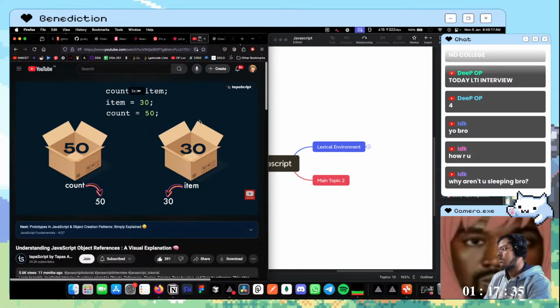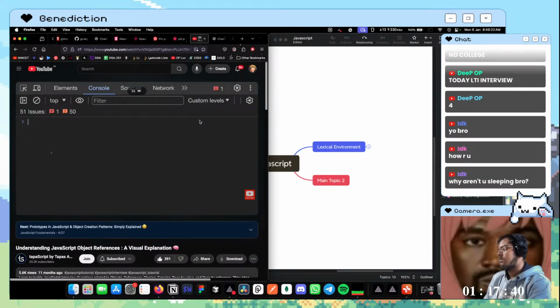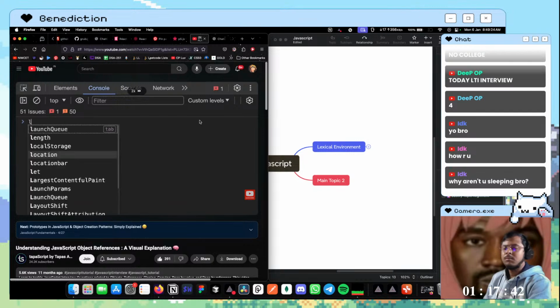The next thing that we're going to do, we're going to talk about non-primitive or the object type. I'm going to see how the object assignments, object copy, all this is going to work. Let me introduce JavaScript object to you. What is a JavaScript object and what is the way that we can create an object? One straightforward way of creating an object would be using the object literal.